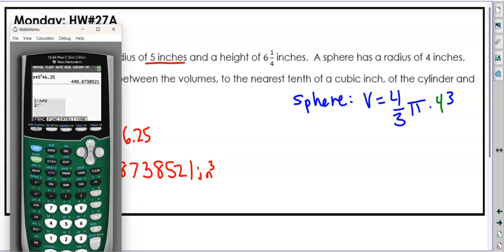For me, it's in the alpha menu. So there's my fraction, 4/3. Then next to my fraction, I'm going to press times pi times 4, power button, that arrow here, raised up to the 3rd power. And this time I get a volume of